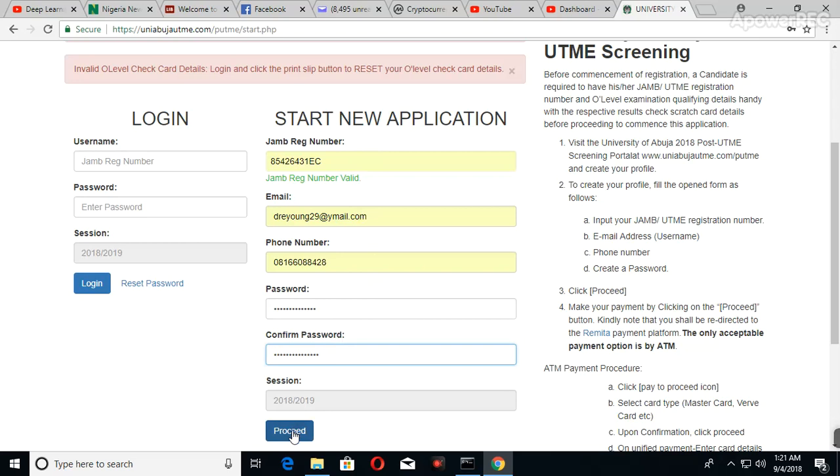Once you click on proceed, it's going to take you to a place where you're supposed to pay the 2,000 naira needed for the pre-screening. After payment, you'll be logged in to complete the other registrations. I'm going to stop here, and in subsequent classes I'm going to teach you how to fill in your data and other things. So if you've done this and you just want to print your printout, just simply come this side, put your JAMB number